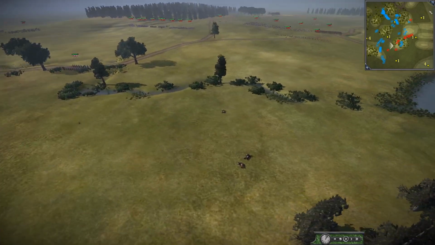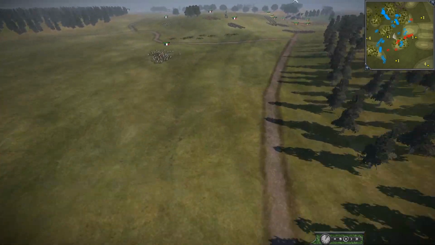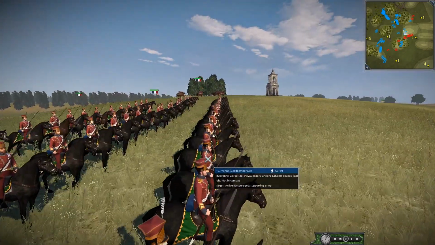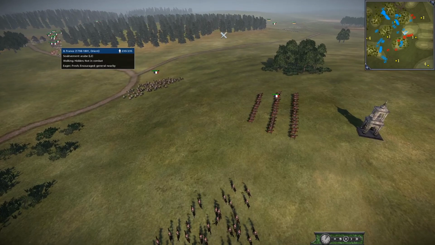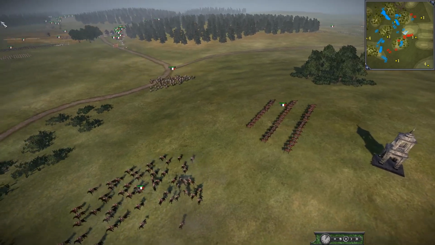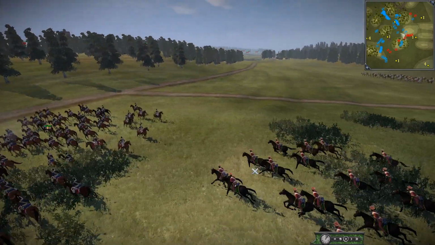But joining the Ottomans today, we do have, I believe, the Orient French, so the French that fought against the Ottomans and the Mamluks. So that'll be interesting to see how they'll do. And then we've got the Guard Imperial, and they may be a little late to battle, we also have 1812 France, so the Guard Imperial cavalry